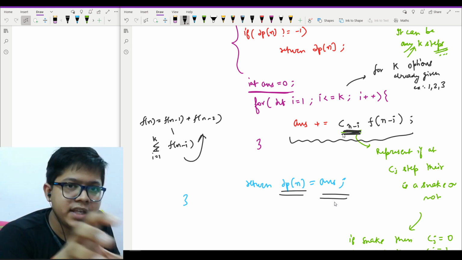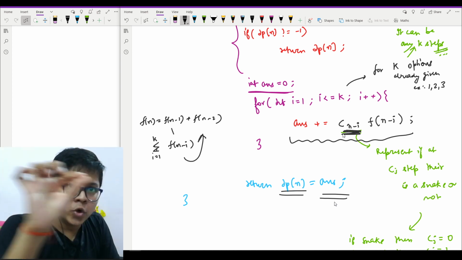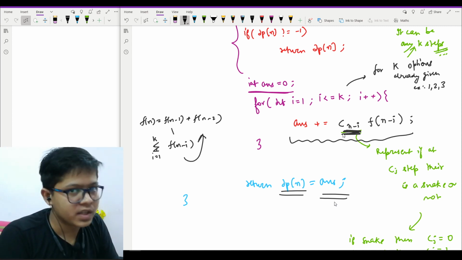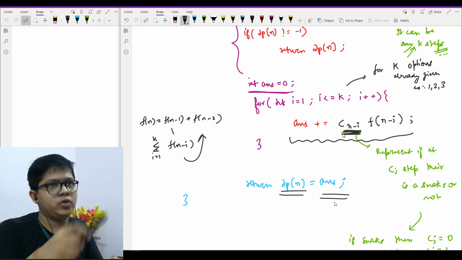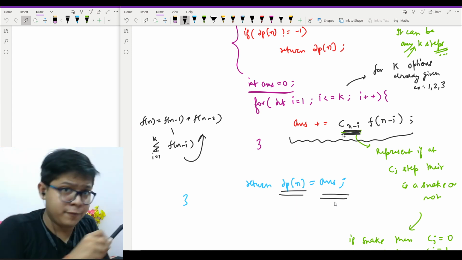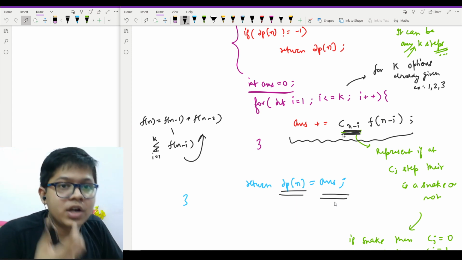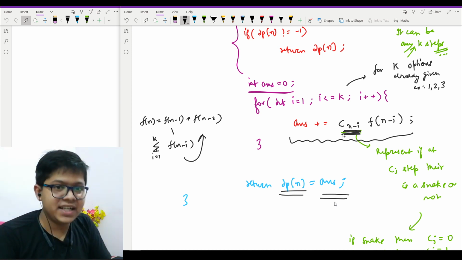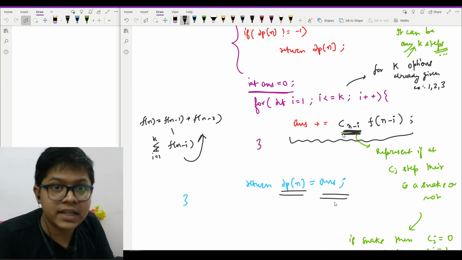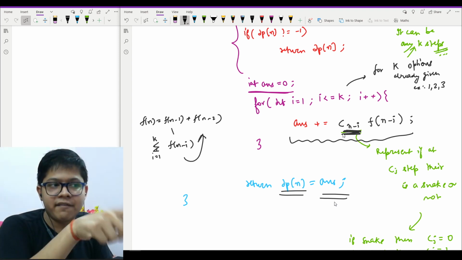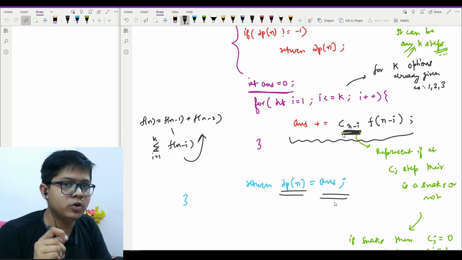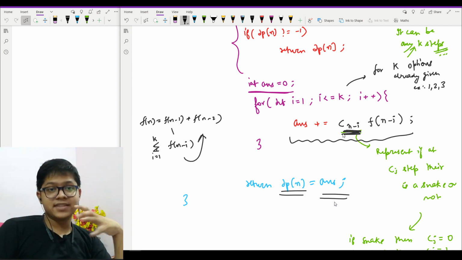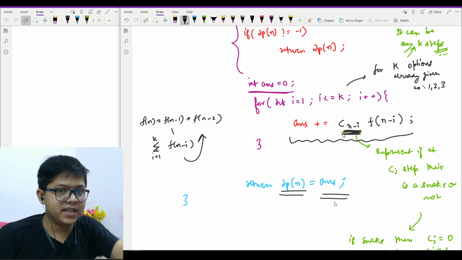Instead of having the two stairs, I run a for loop for all these stairs to have their sum, right? Because I cannot write f of 1, f of 2, up to f of k. So I run a for loop for that. Another modification was that I added a coefficient c which will represent whether a snake is there or not. If not there, then I will have 1. If there, then I will have 0. And only if it is not there will I have its contribution in my final answer.